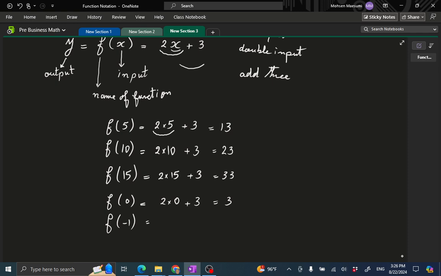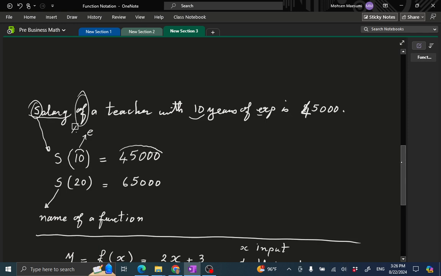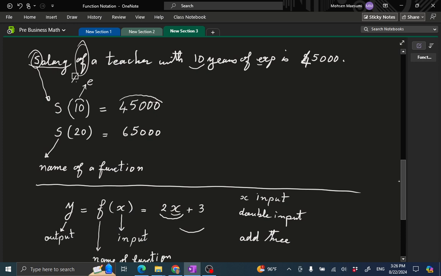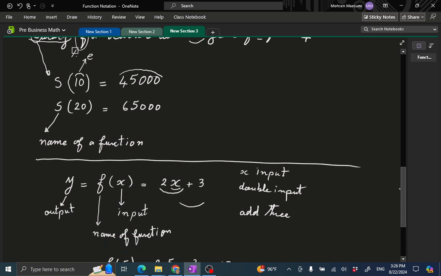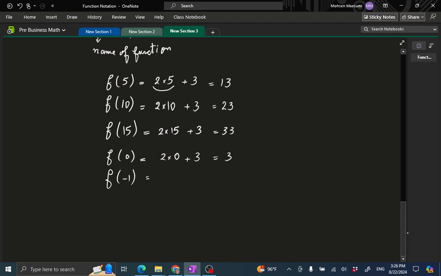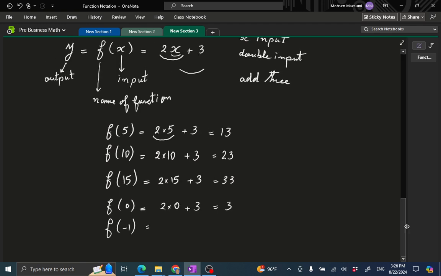So it's not, in the case of a teacher, of course, we cannot have a negative number of years of experience, and such doesn't make sense. But in mathematics, typically there's no restriction as to what x and other variables indicate, unless they say so explicitly. So I could say 2 times